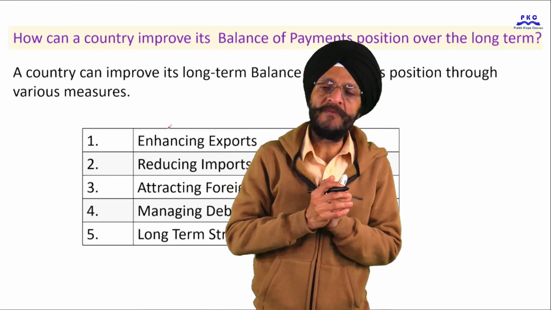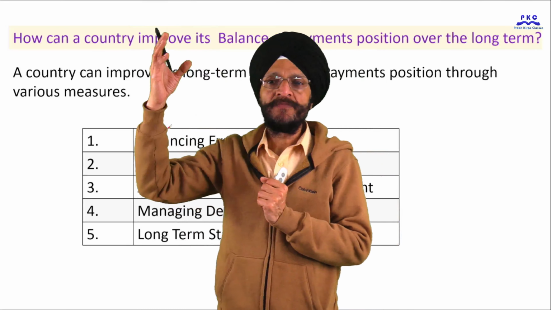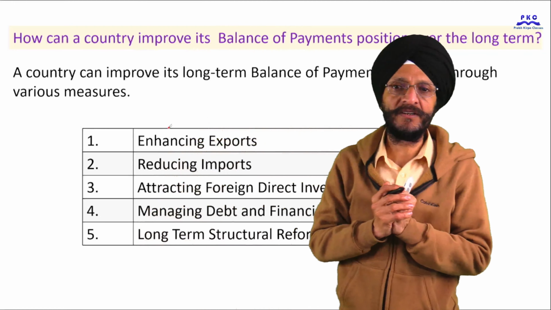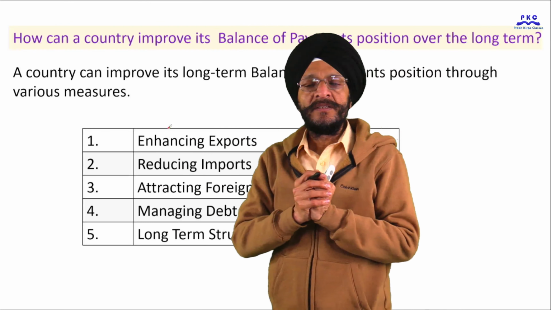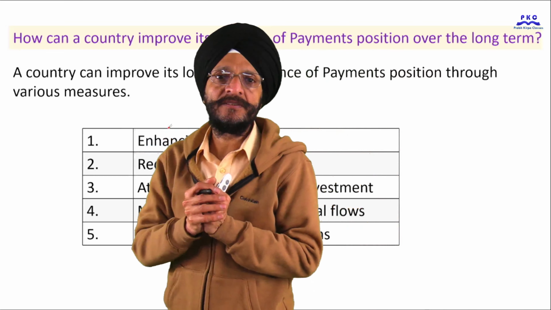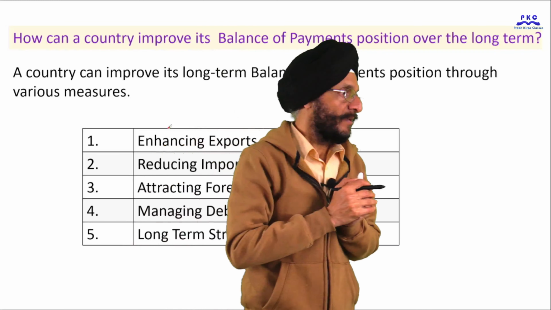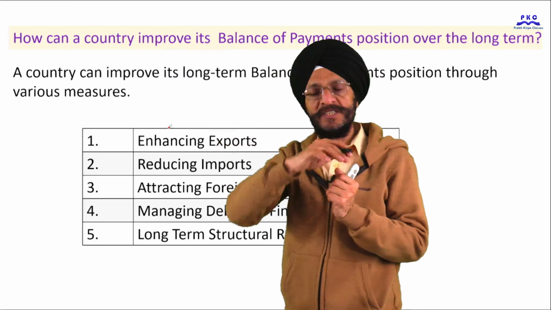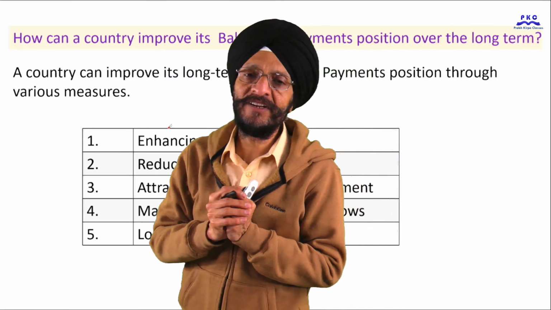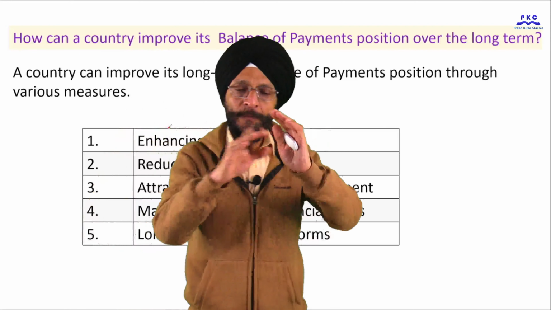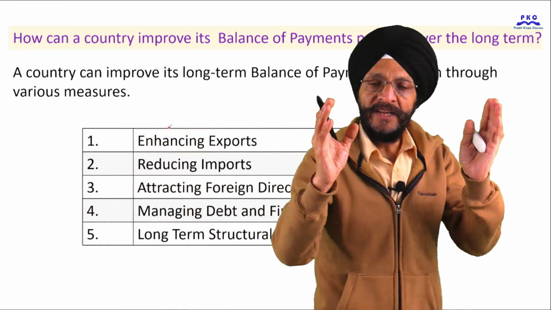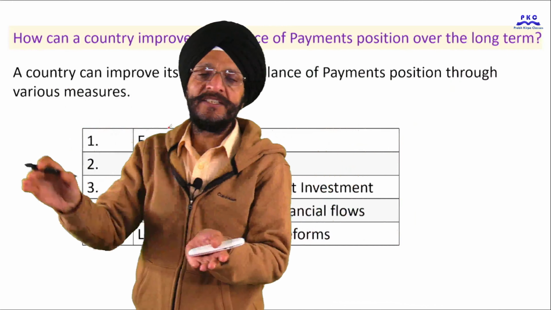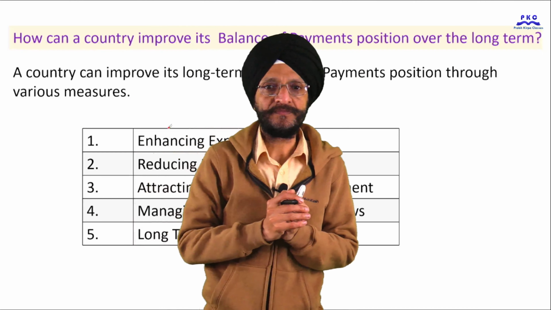Sometimes investors from our country make investments abroad, and sometimes foreign investors make investments in our country. So these are all economic transactions in which either foreign exchange goes out of the country or foreign exchange comes into our country. So balance of payments is a record which takes note of all these economic transactions.